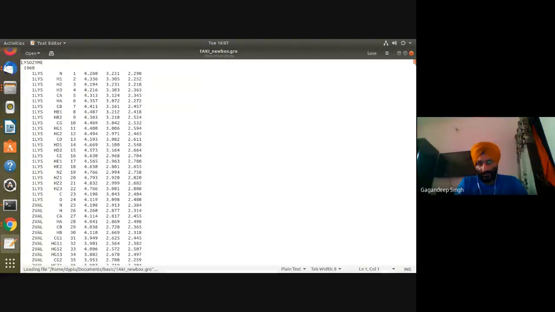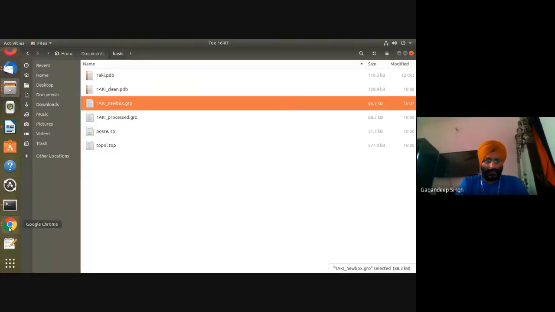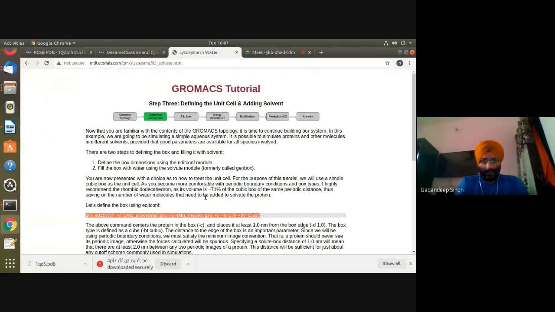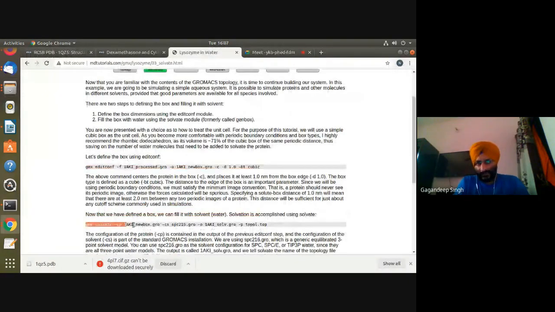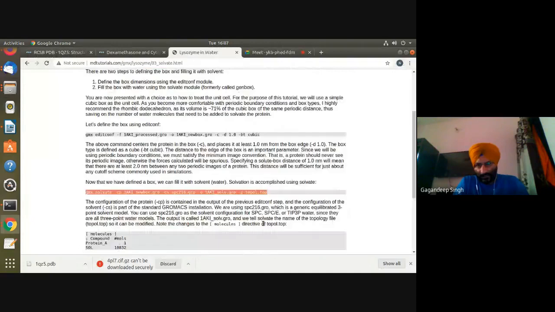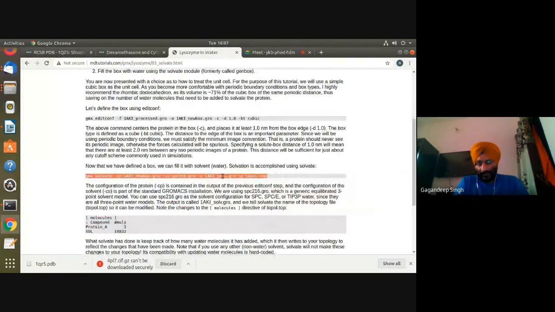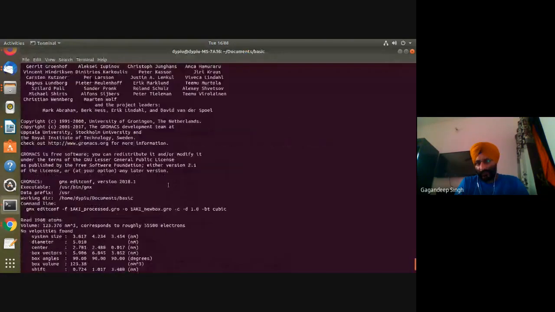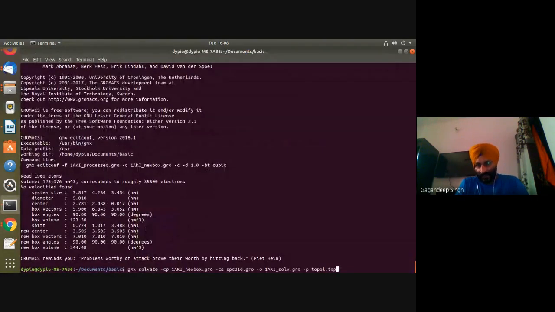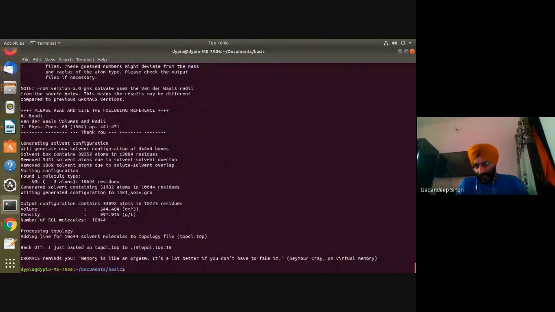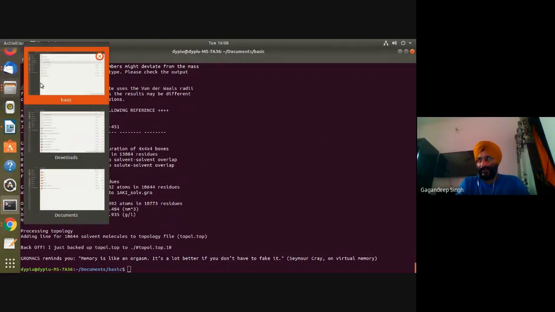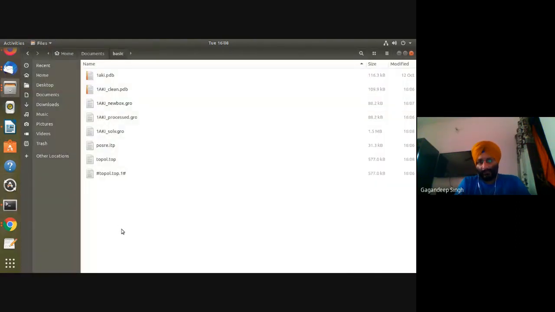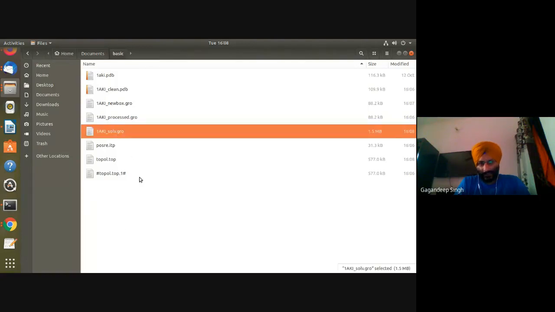Yes. Okay. Now move for the third step, where we have to solvate that particular structure, below this command. Solvation. I'm sure you will face a lot of troubles with structures, validation of those structures, but you should find how to clear those things by generating these examples. Okay. No results are okay. Yes, sir. Yeah, no problem.